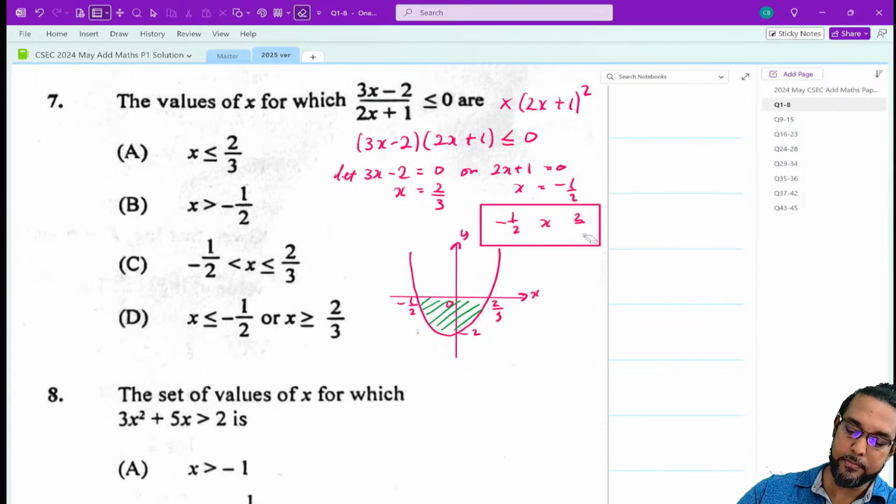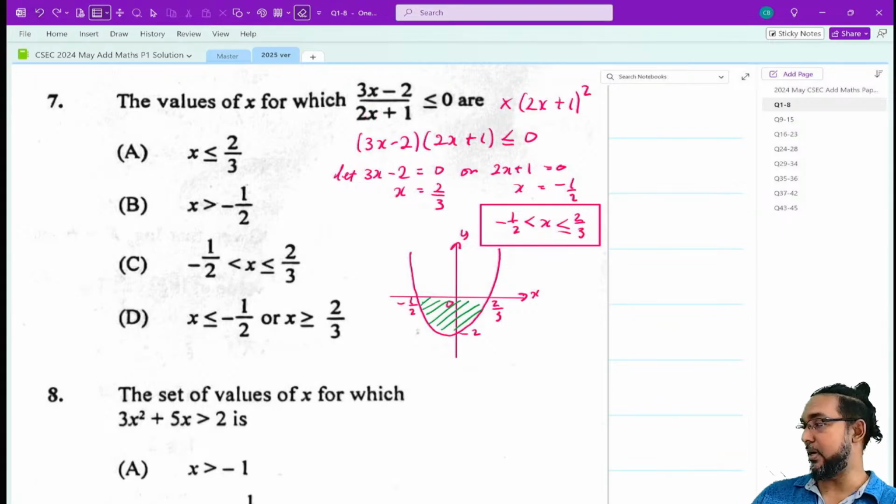Now the thing is, you can have x less than or equal to 2/3, but you cannot have it greater than or equal to minus a half, because if x was equal to minus a half, well, what happened is,